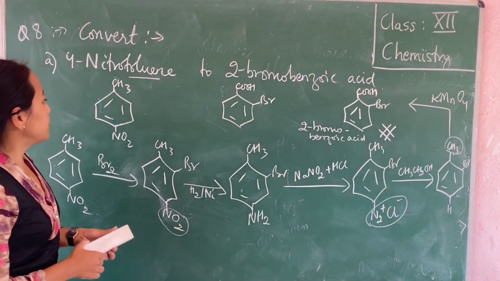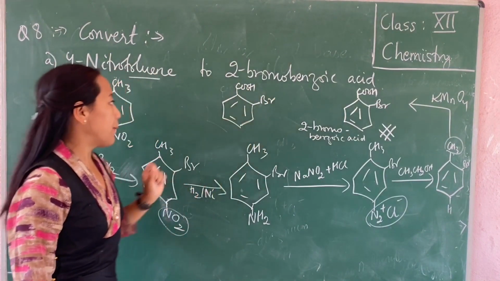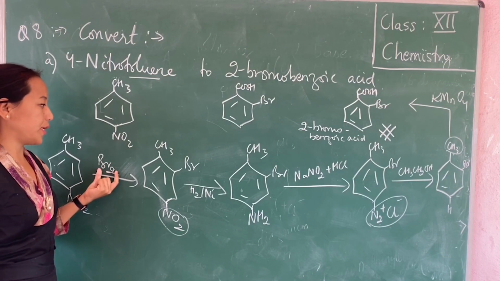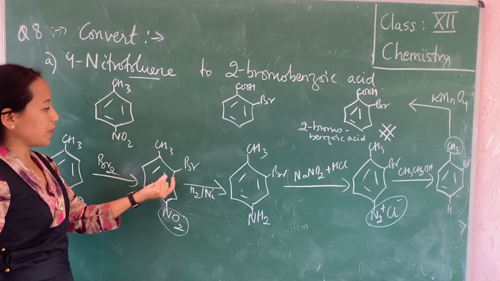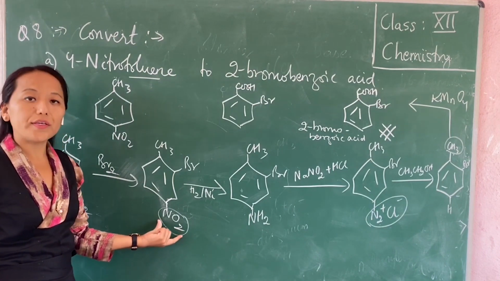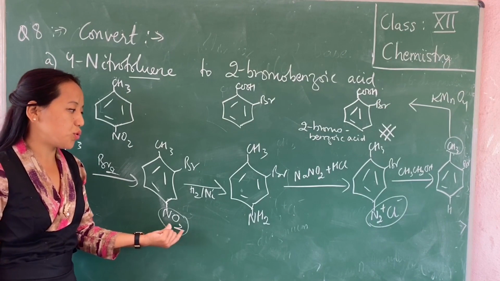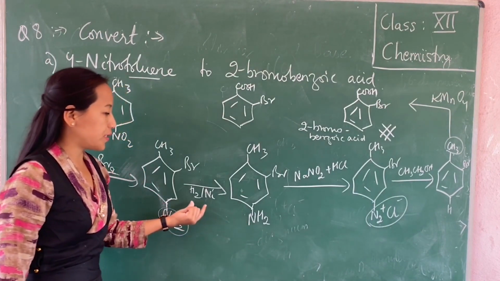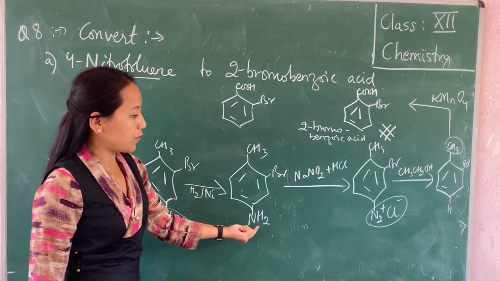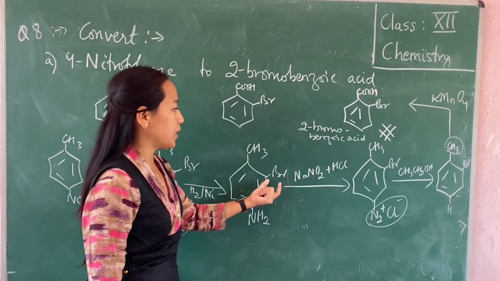Okay, that's about converting 4-nitrotoluene to 2-bromobenzoic acid by first introducing the bromine with the help of a brominating agent, and the bromine comes and sits on the 2nd carbon atom. Then you have to think about removing this nitro group, which cannot be done directly. So first you have to convert NO2 to NH2 by reducing this with the help of hydrogen in the presence of nickel. Once you have got NH2, you can convert this compound into a diazonium salt by treating it with